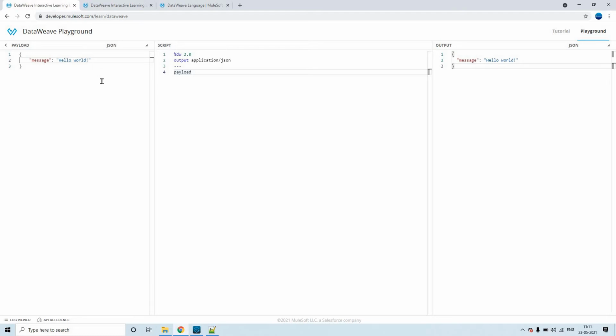For example, I'm going to put one more key, message2, and I'll put its value as hi. This is also a JSON, which has two keys, message and message2, and two values, hello world and hi. This is one key value pair, and this is another key value pair. So this is a JSON where the size is 2, and size is nothing but the count of key value pairs. We are getting the same thing as is.